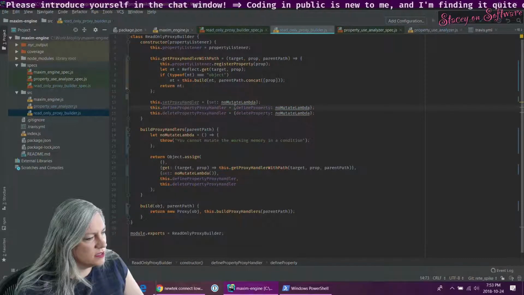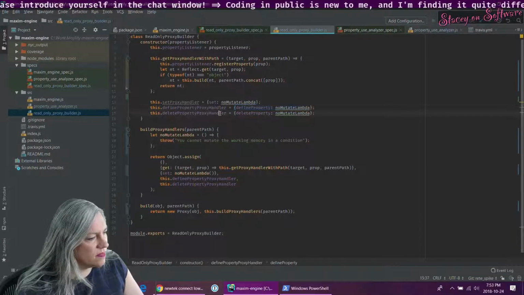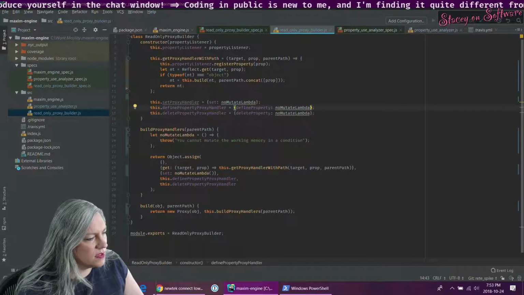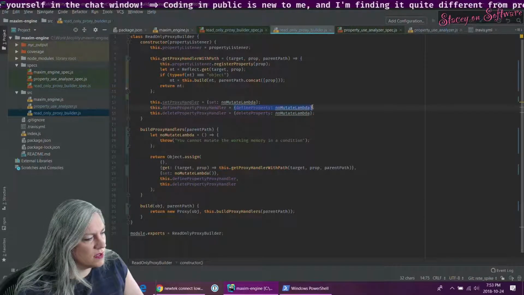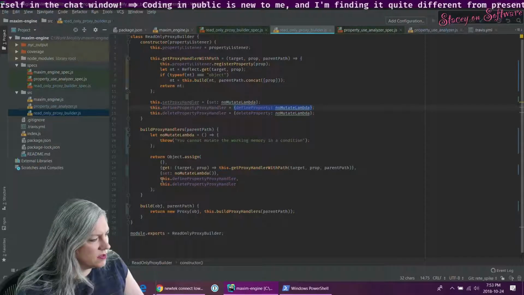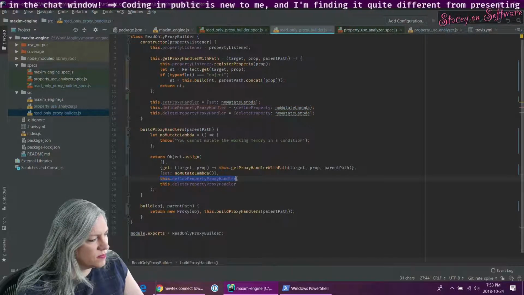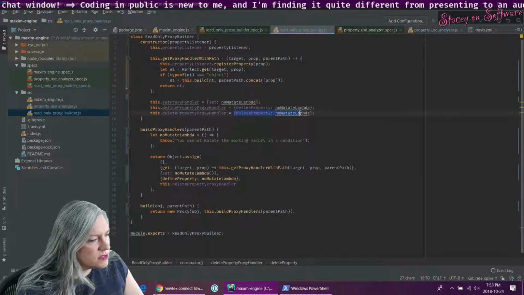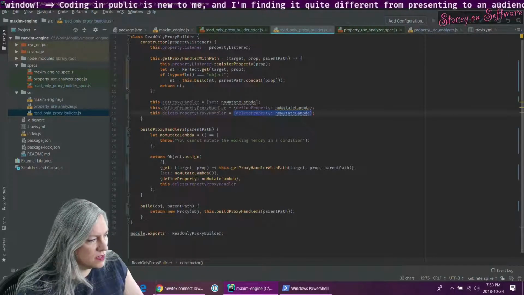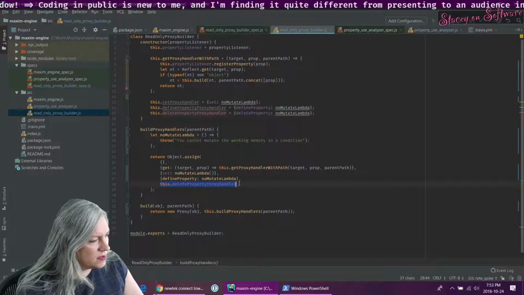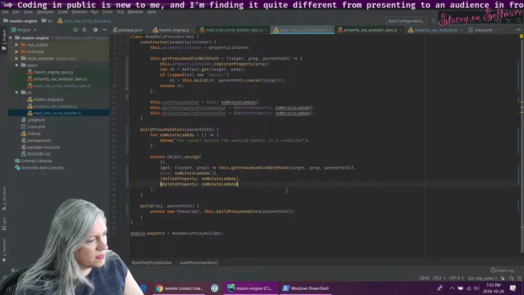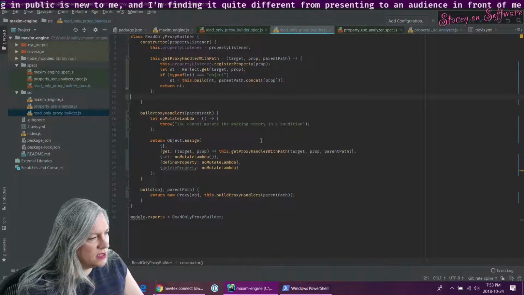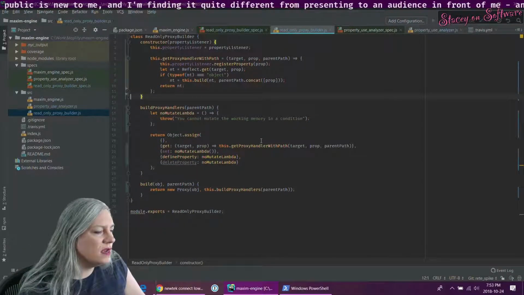Like define property. And delete property. Now these guys are just sort of deadwood. Move that out, and